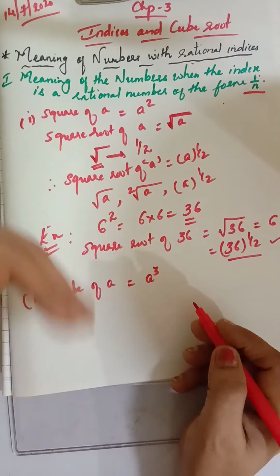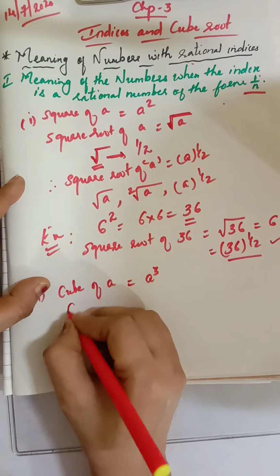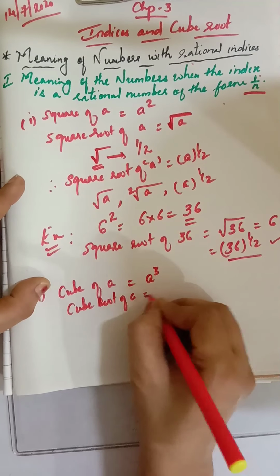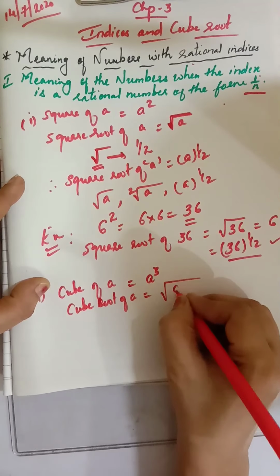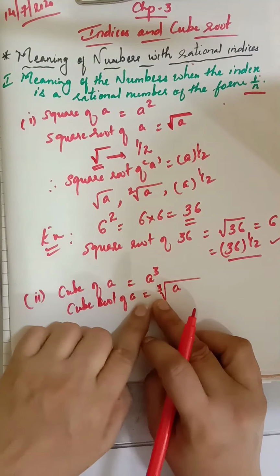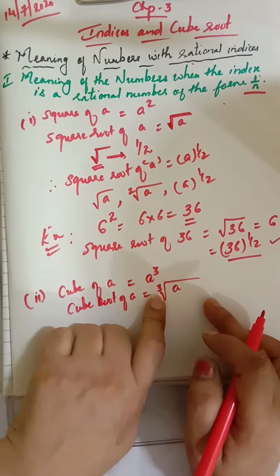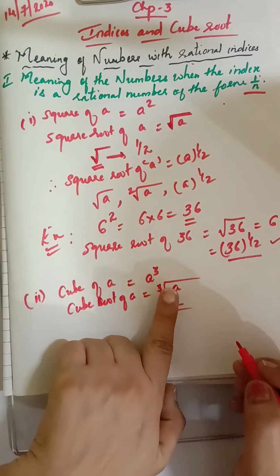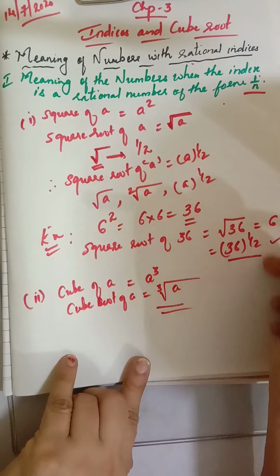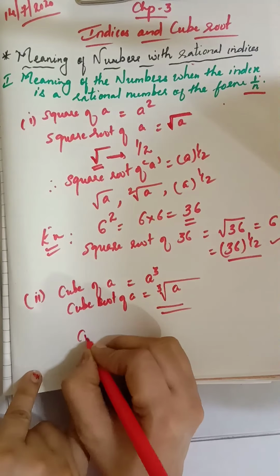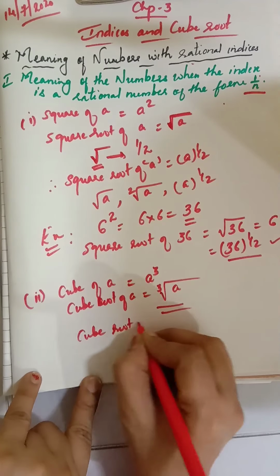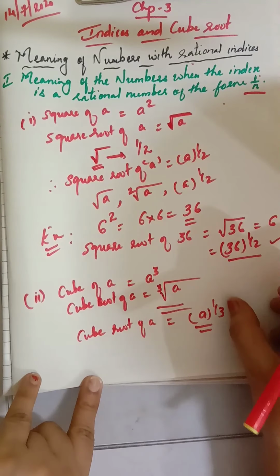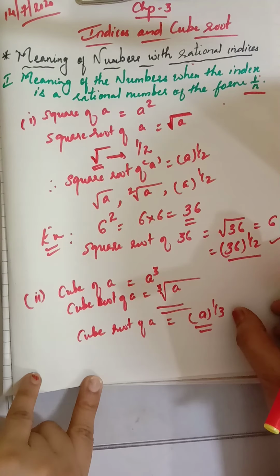And if we need to write the cube root of a, how did we denote that last year? Since it is cube, you write 3 and inside a radical sign. This is the way you can denote the cube root of a. Or now in the form of a fraction, you can write the cube root of a equal to a raised to 1 upon 3. So to denote the cube root, you are using the rational indices. What is the index?